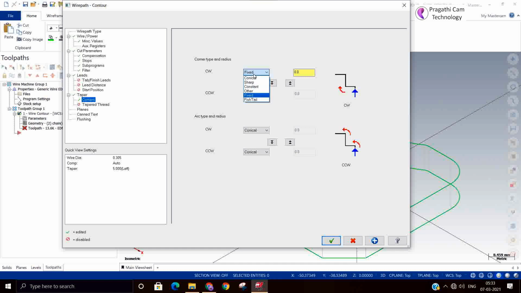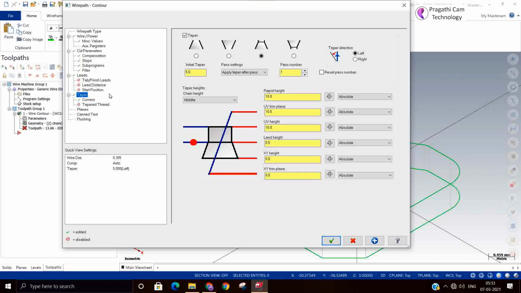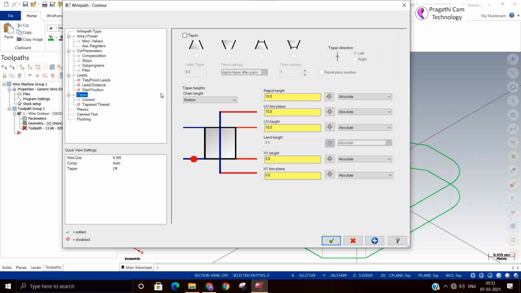In all you can select freestyle and similarly exit. So this is all about your corner conditions. So this is all about the corner strategy.